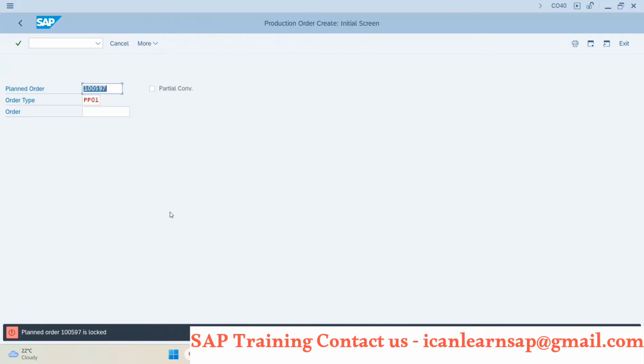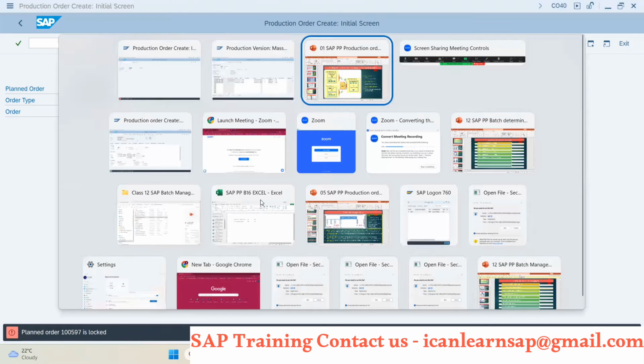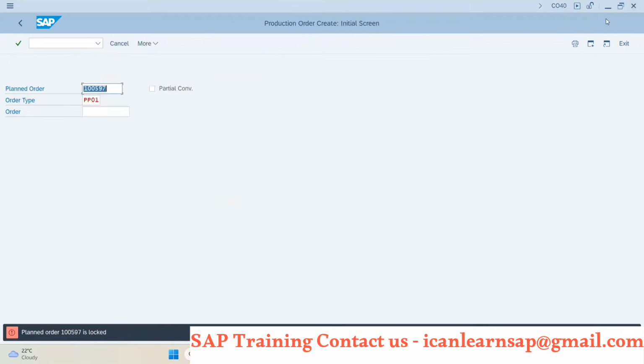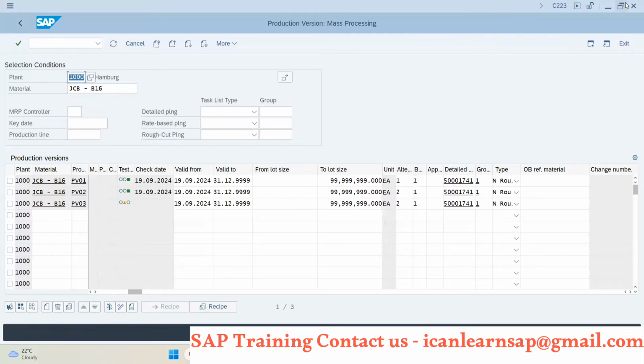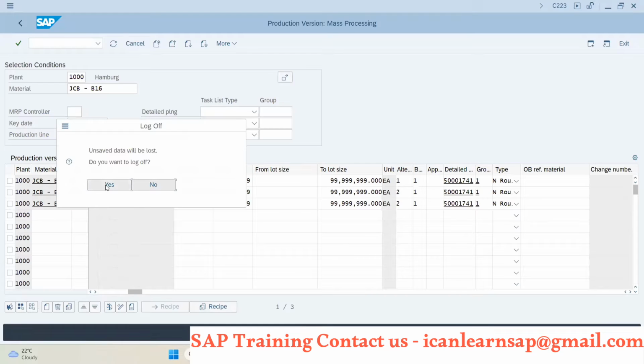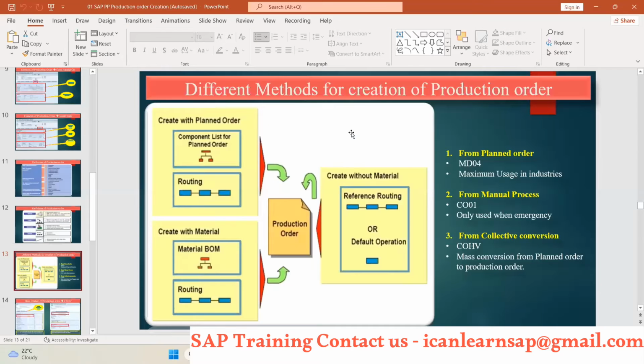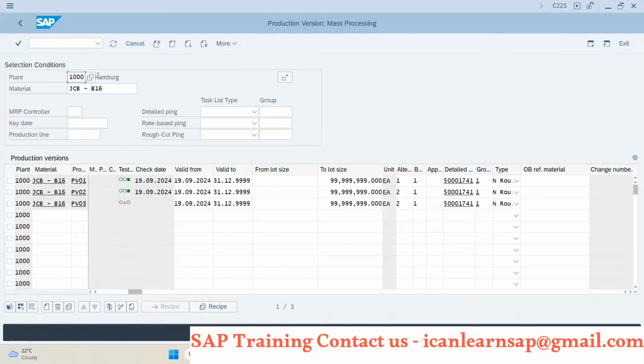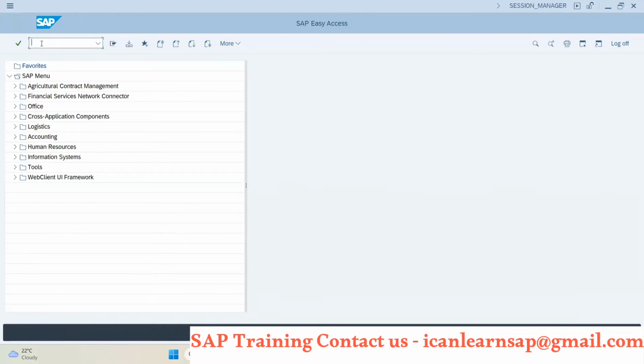Okay. Oh, this is locked. I opened it somewhere else. Let me close this. It was already open somewhere. Let me go back to MD04. Okay. Now in MD04,